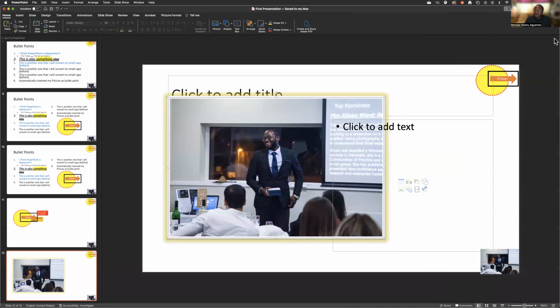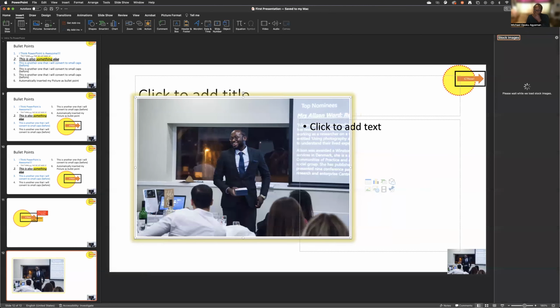An easy approach is we can make use of stock images. Stock images are free images that you can use for non-commercial purposes. So we're going to click insert, find pictures, and choose stock images. Of course, you can insert pictures from online or pictures from a file. We've already done drag and drop from a file and it worked. So in here, once it loads up,